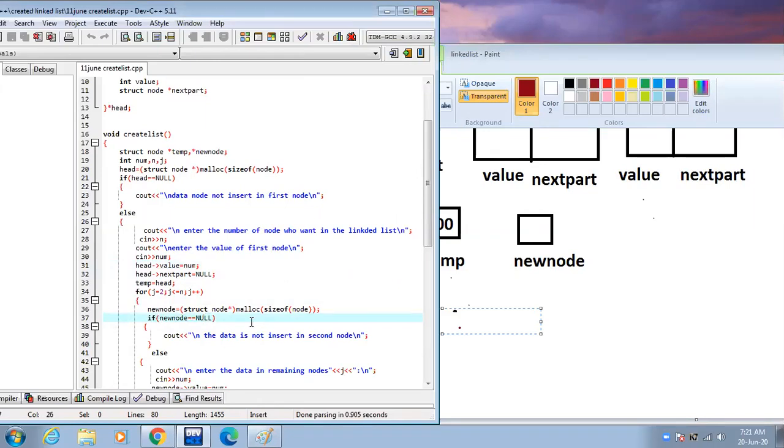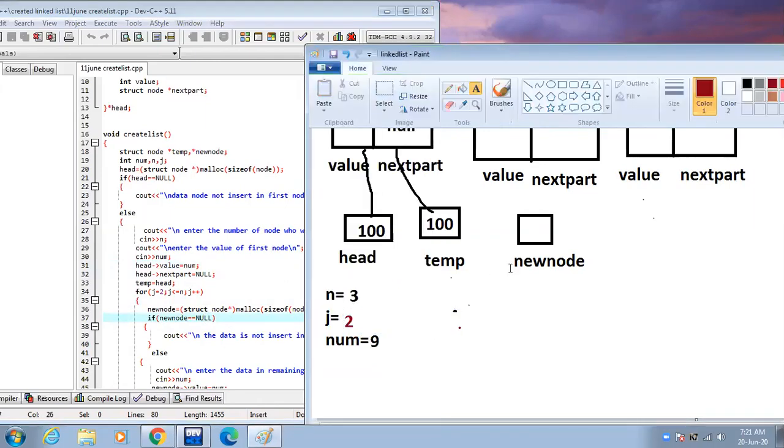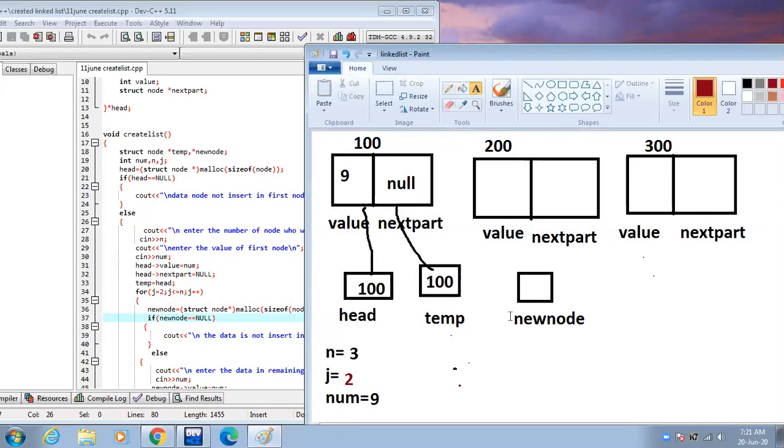New node equal to struct node malloc size of node means the new node is created and the address of the new node is assigned to the new node pointer type variable. 200 points to this node. Then new node points to this node.